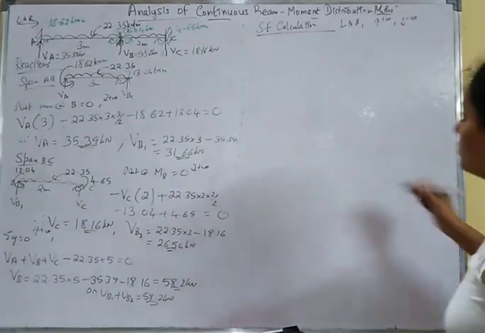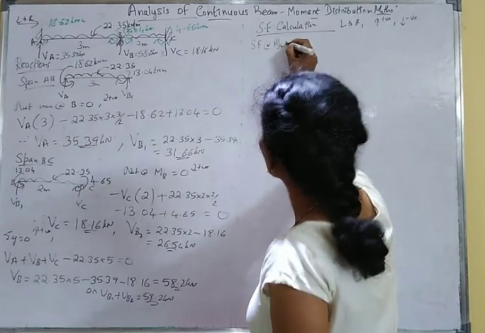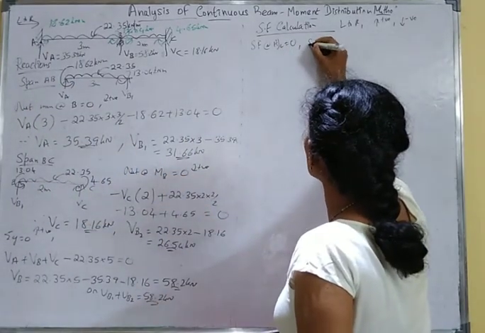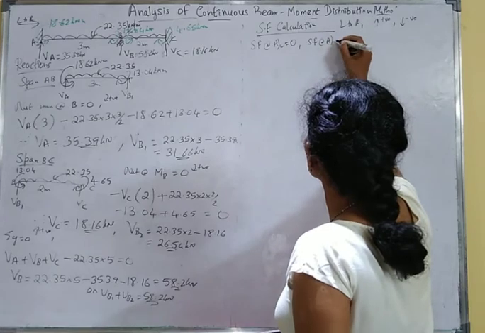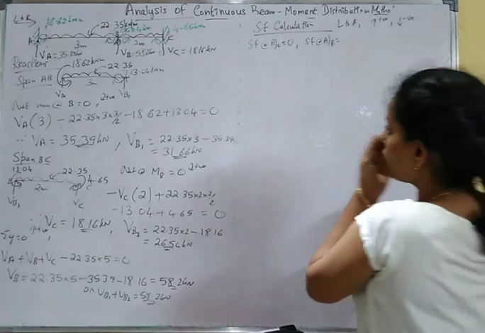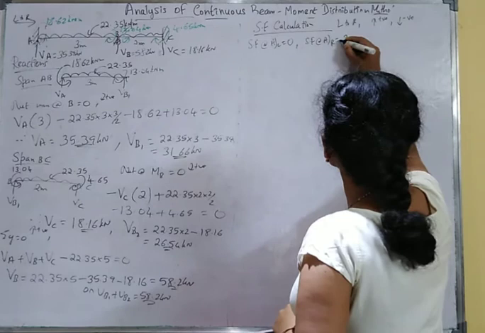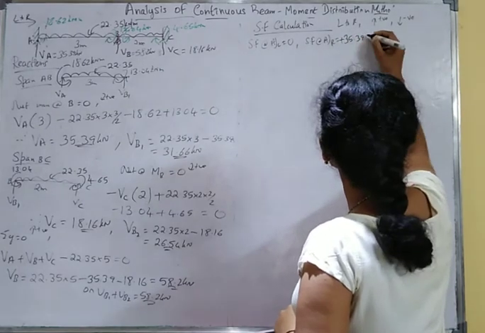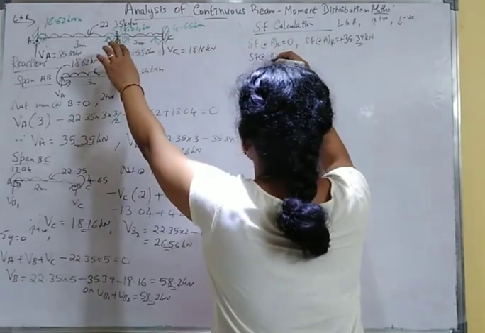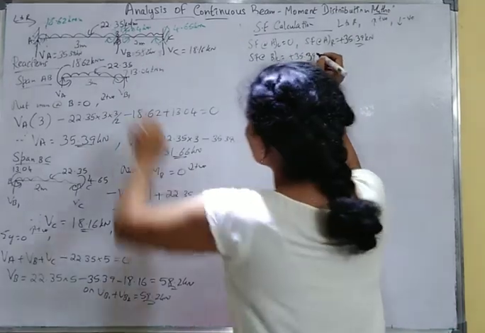Okay, so from that, shear force at left of A. Here, left of A is nothing but no load, so 0. Shear force at right of A, here suppose the section is here, you have VA, that is upward as positive, so plus 35.39 kilonewton. Next, shear force at point B, that is left of B, you have plus 35.39, and consider this